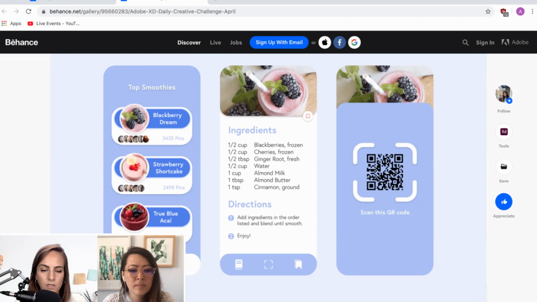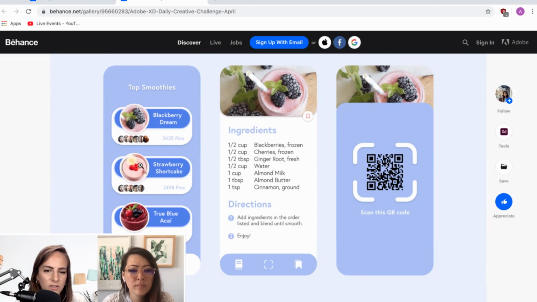So these icons at the bottom make pretty much sense to me. Maybe this is my book of recipes, which is where we are here. And then this is the QR code over here. And then this is saved, I would assume, my saved recipes. But one thing that's jumping out to me is that I don't see which page we are on right here. I'm not sure which one is selected. So I would assume maybe we're on this screen. So I would make this a darker blue color to know that this page is selected. I would still have these icons down here, and then have QR code selected on here. And maybe on this page have the saved icon selected.